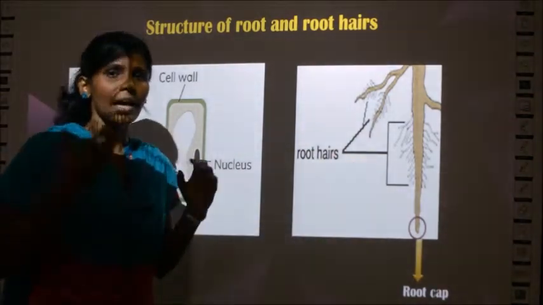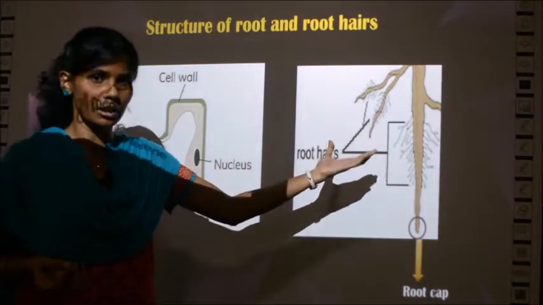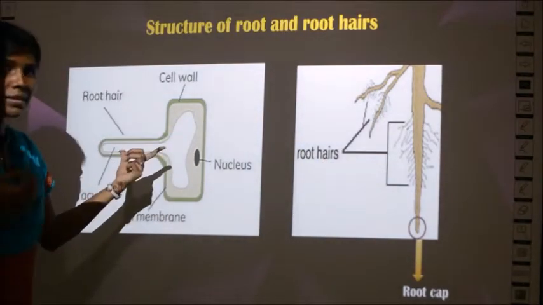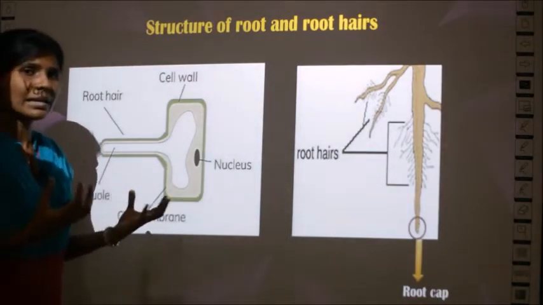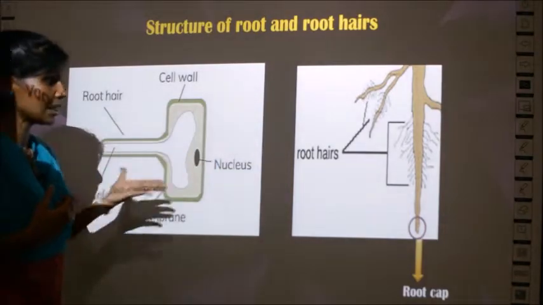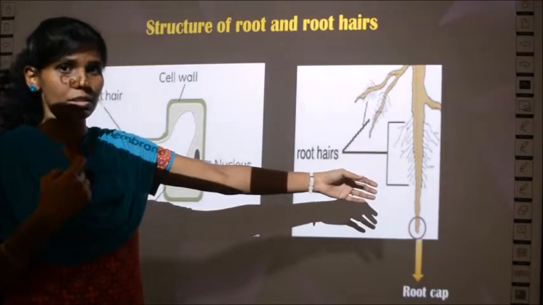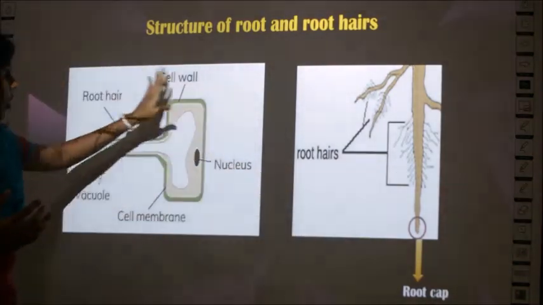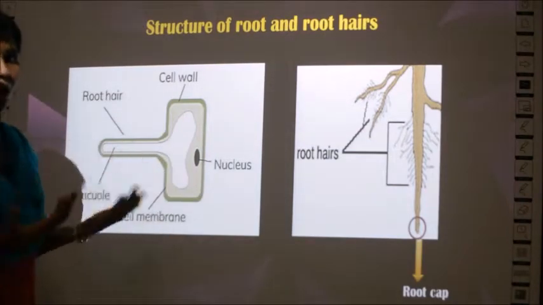So what did I tell you? Take a root hair and make a thin section of it, and then when you observe it under the microscope, you can see this structure. What is this? The structure of the root hairs put under the microscope. You can clearly see the parts of the roots. It appears like a hair structure to the naked eye, but under the microscope you can see all these structures inside a root hair. So what all do they have?